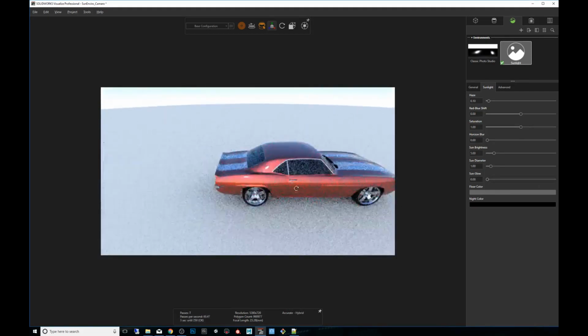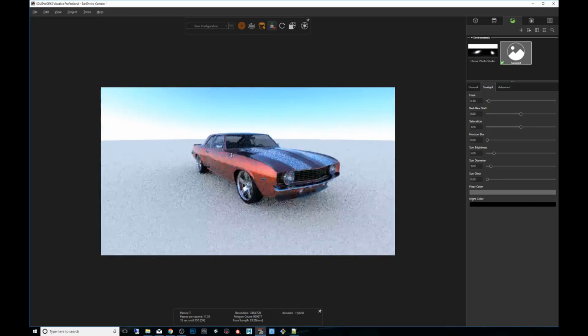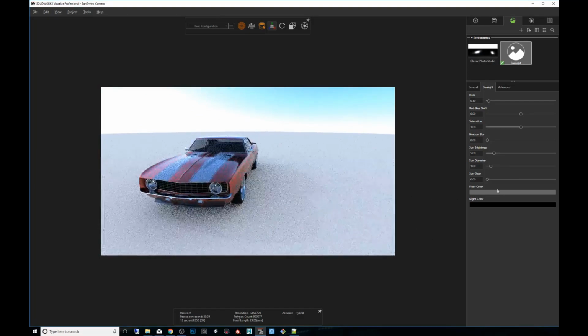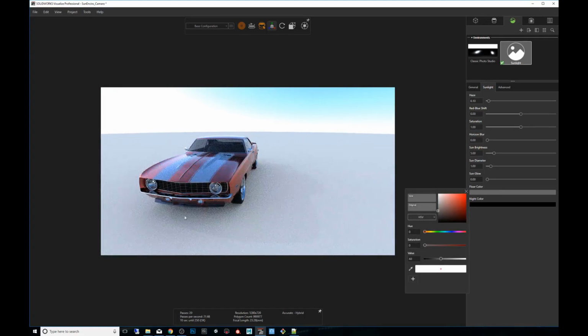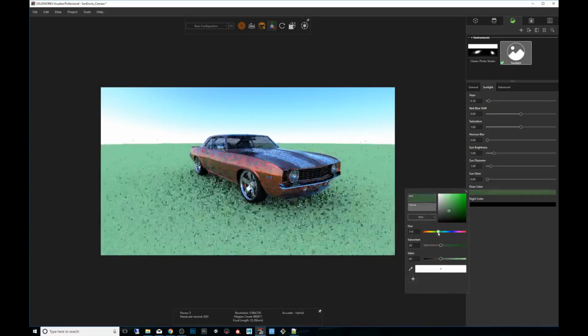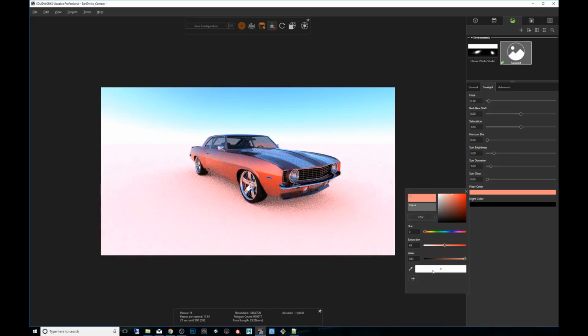Okay. Now the last two settings in the sunlight tab are floor color, which obviously represents the ground, and night color. The reason why you might want to switch the floor color is because you might want the reflections on the body of the paint to be a little bit different. Maybe have something like green, and you can tell how it picks it up on the bottom. This, just like any other color selection, you have the droplet. You can just drag and decide what you want,